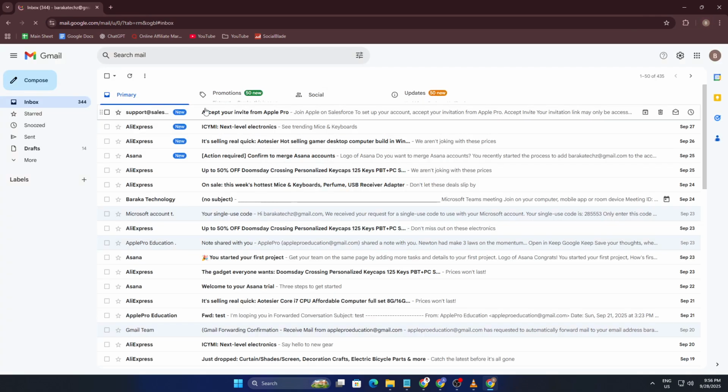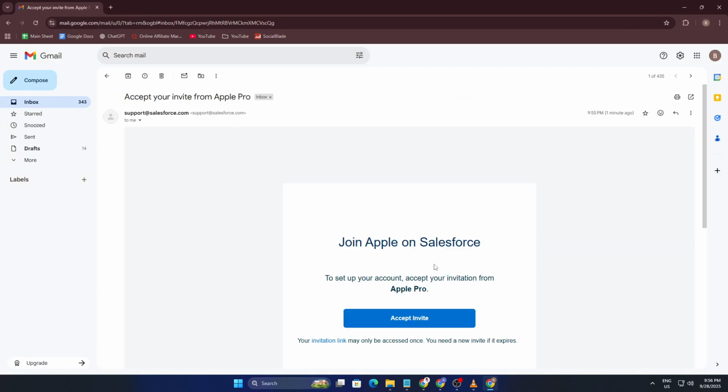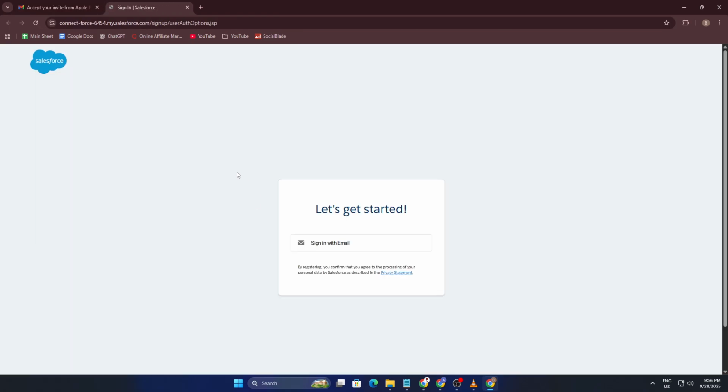And that's it. Creating a Salesforce user doesn't have to be confusing when you know exactly where to click and what each field means. If this helped you feel more confident managing your org,